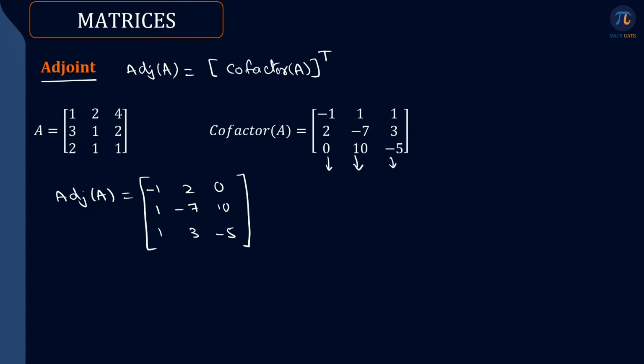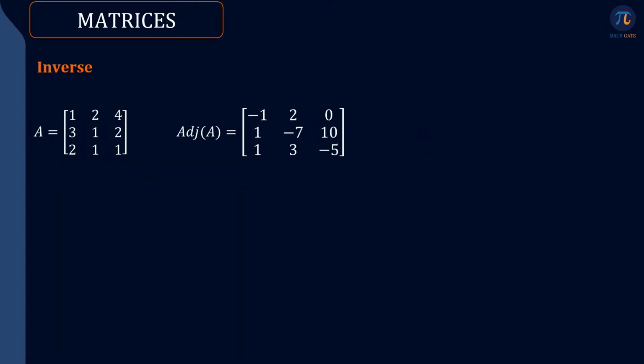Now, what is the advantage of getting the adjoint, my dear friends? We can find the inverse of the matrix. See, actually the definition of inverse is like that. Okay. First, let us write down the definition of inverse. Okay. A square matrix A is invertible, let us say of order n by n, if there exists